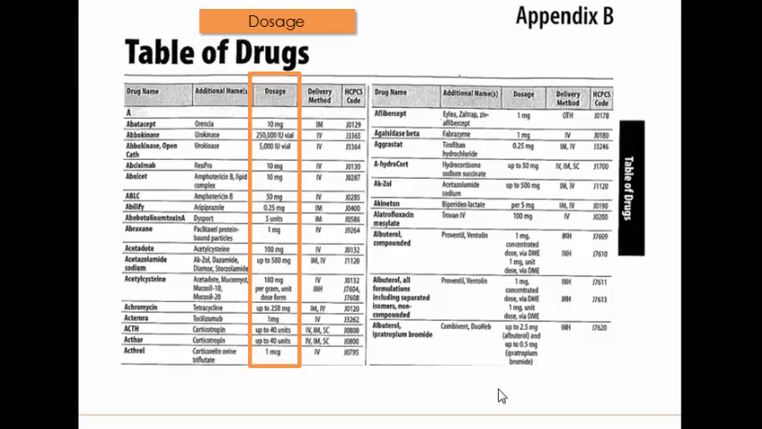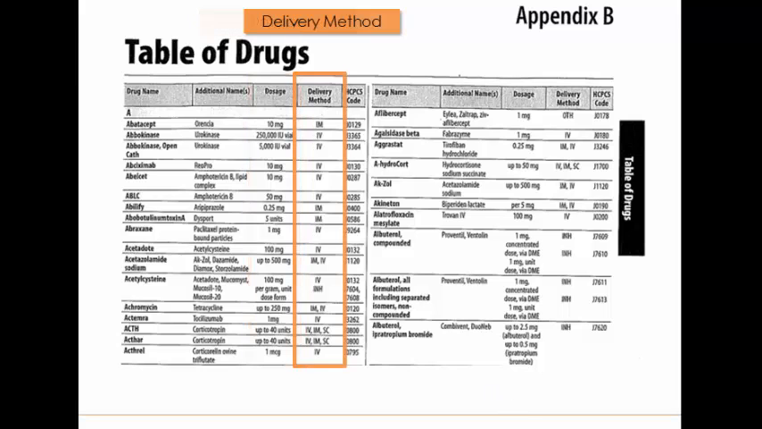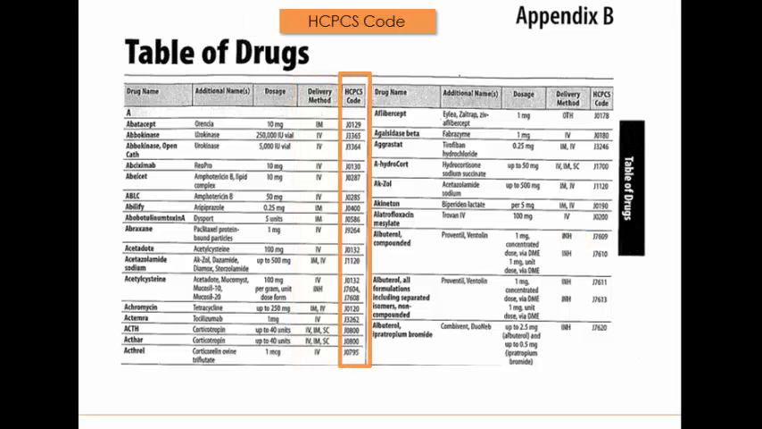Your next column is your delivery method. And your delivery method is many different ways. It can be IM for intramuscular, IV for intravenous, it can be other, it can be inhalation, or it can be subcutaneous. Then you have your HCPCS code. Once you find that code, then you want to always look for it in your